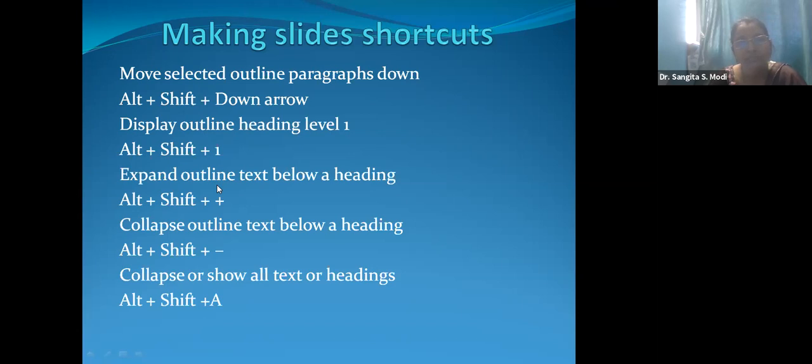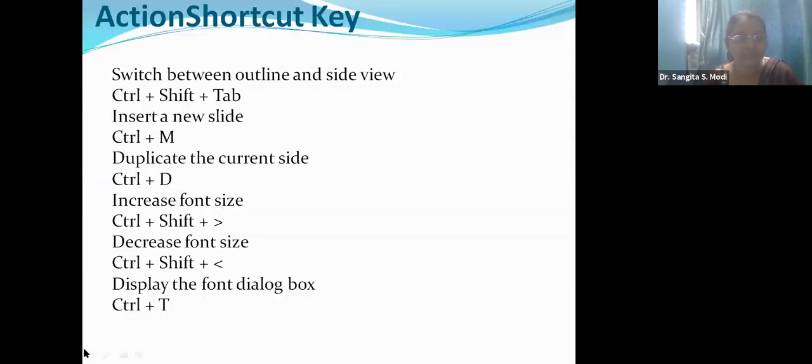Expand outline text below the heading: alt plus shift plus plus. Plus means you have to add this and this and this. Here plus plus is not a sign, it is a button that you have to press.